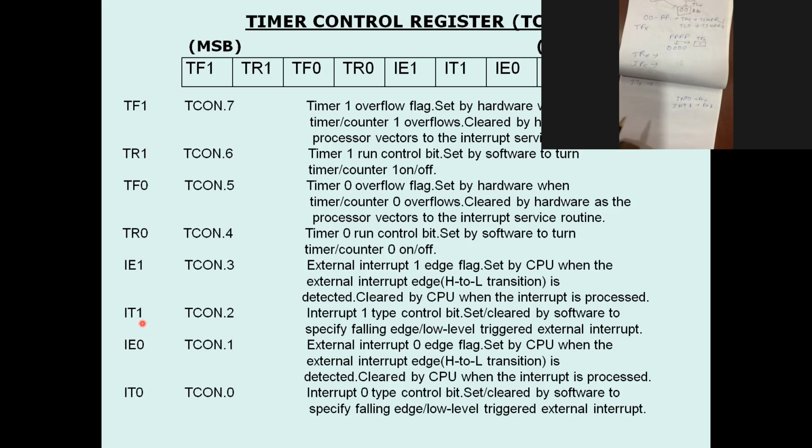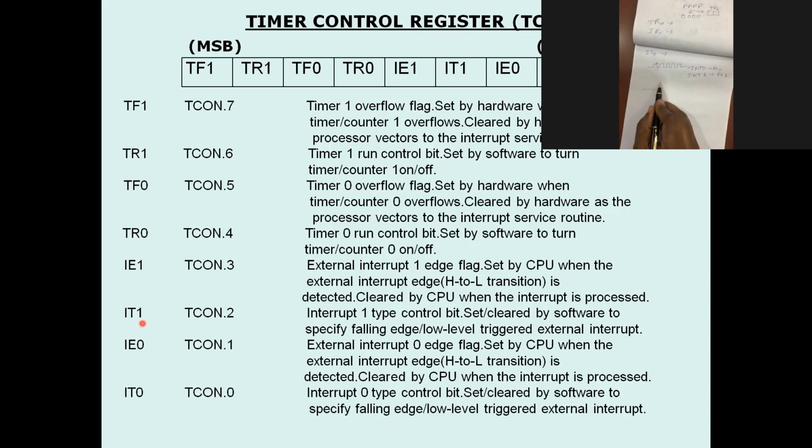So when is an interrupt generated? Maybe this kind of clock pulse enters the INT0 pin, or this kind of clock pulse enters the INT1 pin. External interrupt is generated in two different cases. One is called falling edge. If I draw the diagram like that, this is called falling edge. Okay?